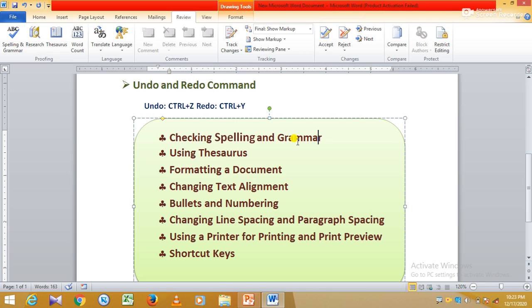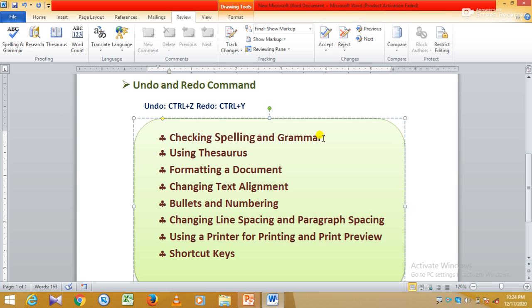Students, as you know, MS Word provides a built-in dictionary. It means it provides a way to check errors like grammatical errors or misspelled errors both. When you make any grammatical error, it is indicated with green wavy lines, and when you make spelling mistakes like misspelled words, it shows in red wavy lines.